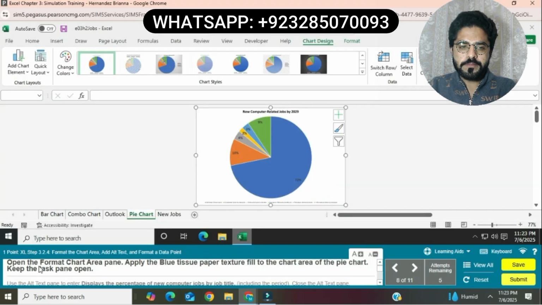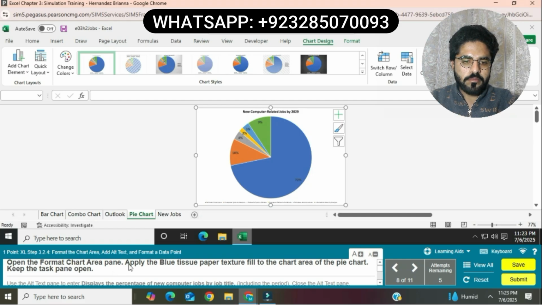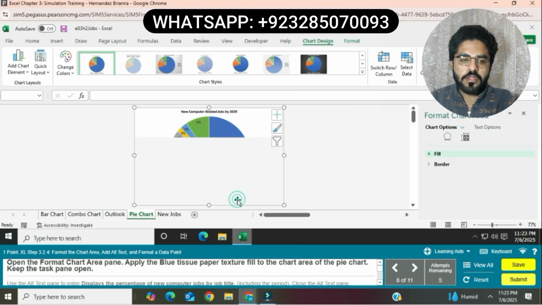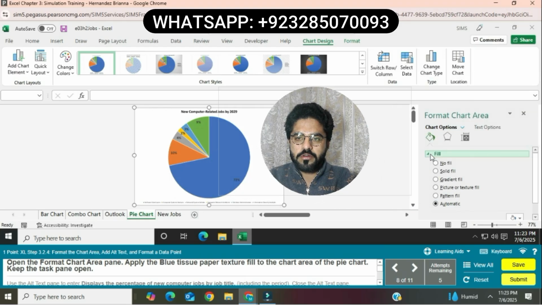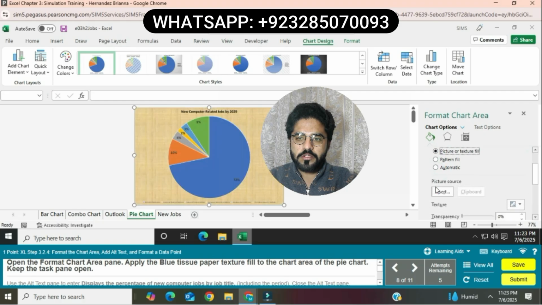Question number 8. The next question is open the format chart area pane. Apply the blue tissue paper texture fill to the chart area of the pie chart. Keep the task pane open. First we select this chart, then right click on this, then go to this tab, chart, format chart area, go to this section, then picture,